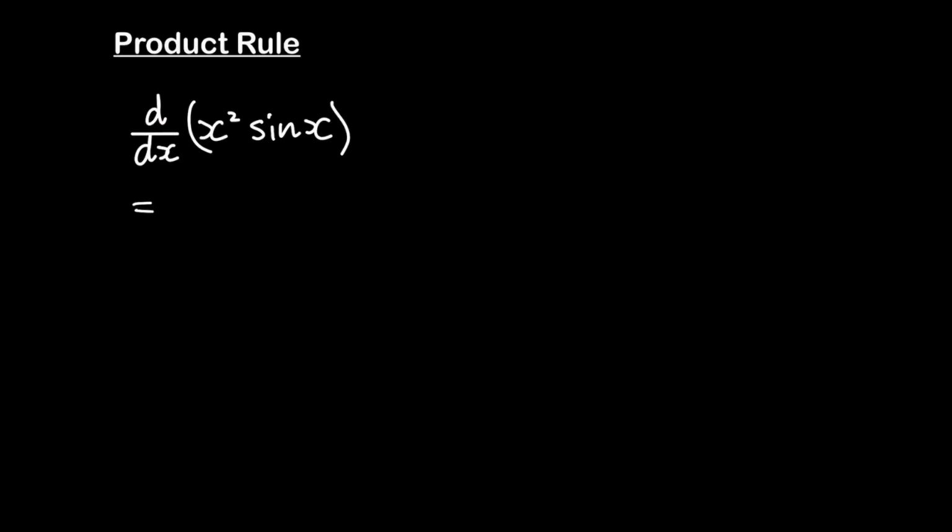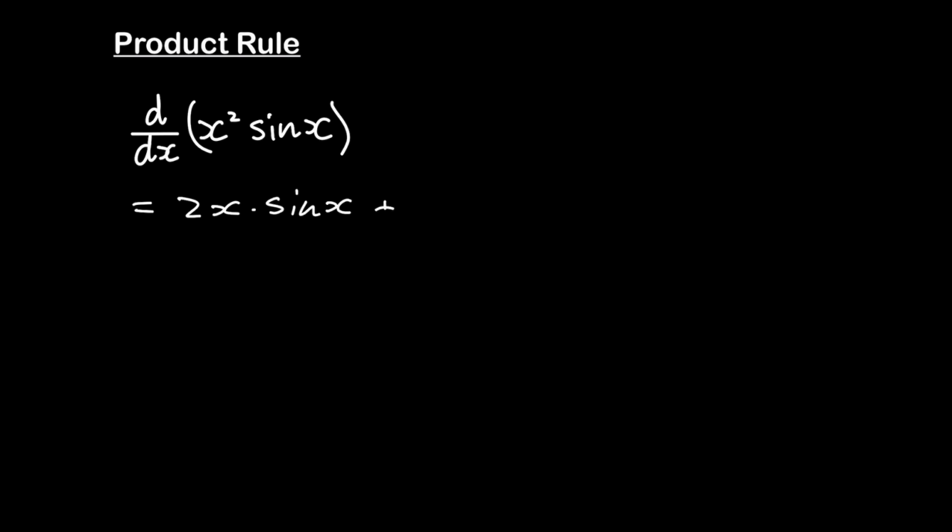Alright, so here's our first example, and it's of the product rule. So we're asked to differentiate x squared times sine of x. So our first term, or our first function, will be x squared, and our other function will be sine of x. So first we do the derivative of x squared. We know that to just be 2x, times by sine of x, leave it as itself,